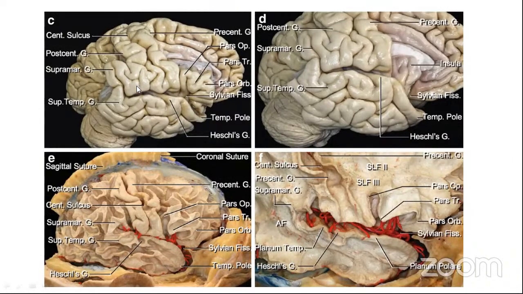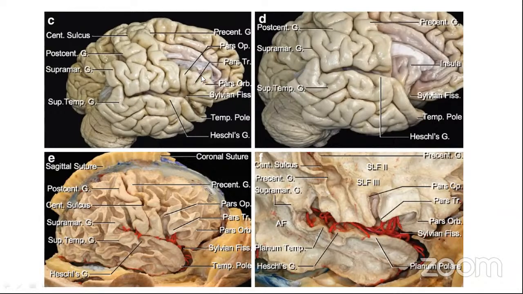The Sylvian fissure has the frontal lobe at its superior end, and we can appreciate the temporal lobe inferiorly. We can see that it has a long ramus that's running and ending in the supramarginal gyrus. We can appreciate the anterior horizontal and anterior ascending rami. In the next slide, we can appreciate again the Sylvian fissure, its posterior end upturning into the supramarginal gyrus, and here we can appreciate that